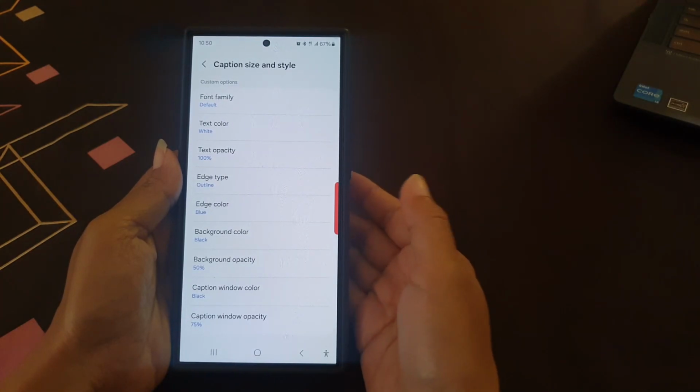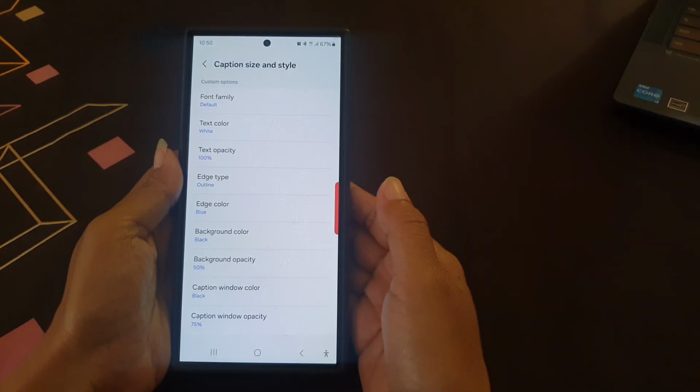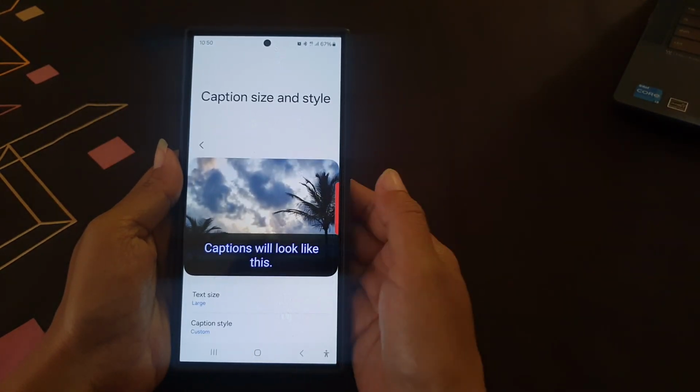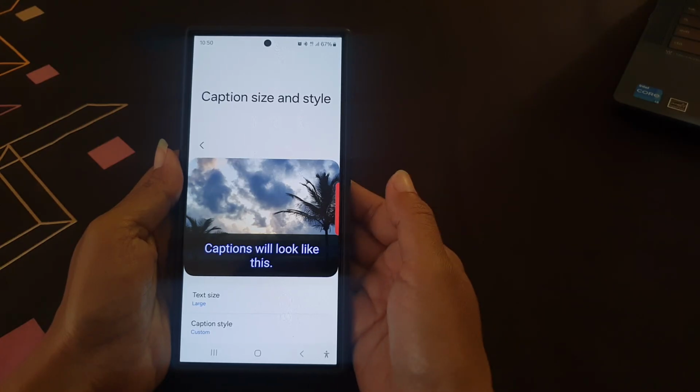If you like to know how this setting will look like when it's applied, you can see its preview on the preview section at the top of the screen. By doing this, if you have set to enable the caption, the setting will be applied to live caption and other apps that support the caption preferences.